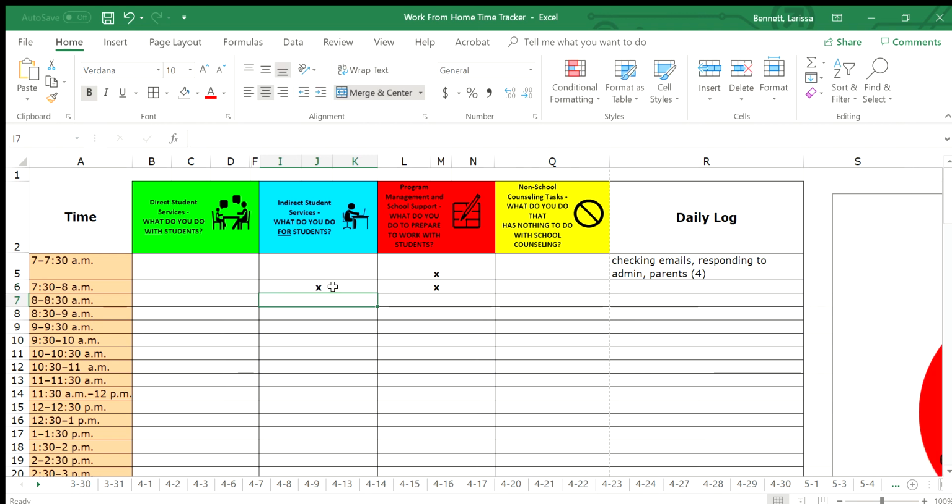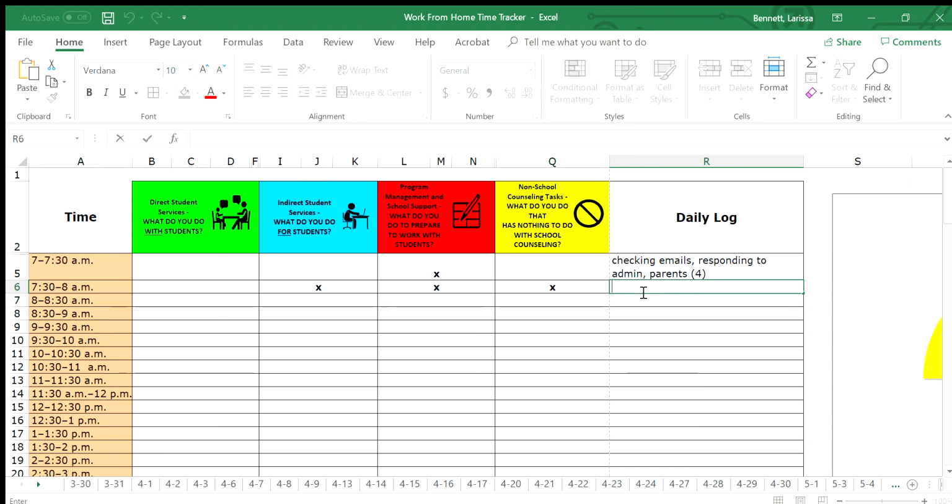It does not matter how many X's or marks you have across the row. It will count those. So you can split your time. You can split your time 3 ways because these are in half-hour increments. Typically we wouldn't spend a whole half hour working on one thing. We might be working on multiple things. So you can again put that in that daily log, what you were doing, responding to a student on Schoology.